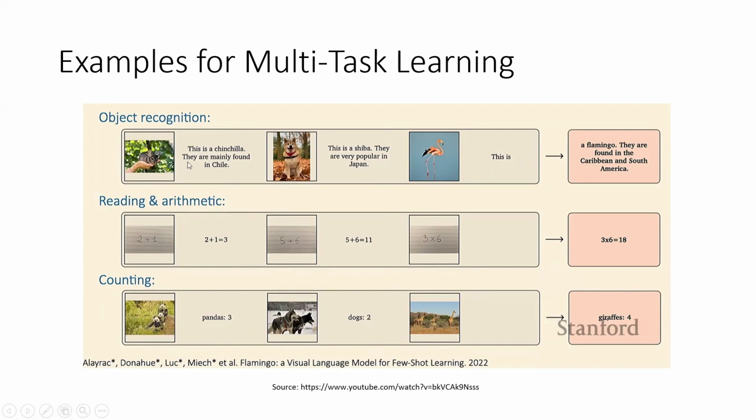This is chinchilla. They are mainly found in Chile. So looking at this image, it can identify the object. This is Shiba. They are very popular in Japan. When you see this image, the trained model should be able to generate the remaining text. This is a flamingo. They are found in the Caribbean and South America. So this is one task. For each task, these are the data points, and this is the one which we are